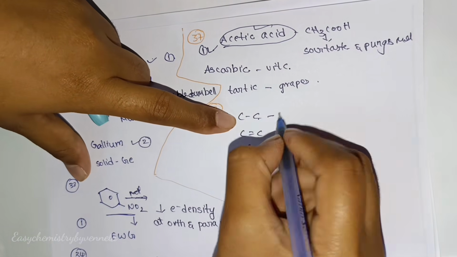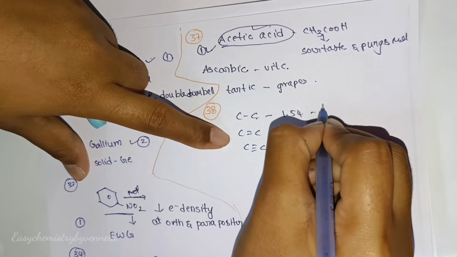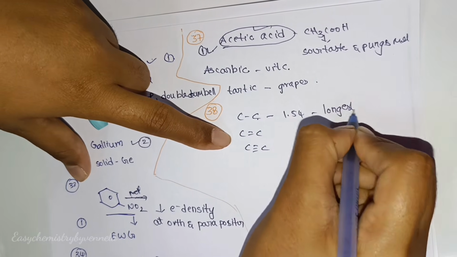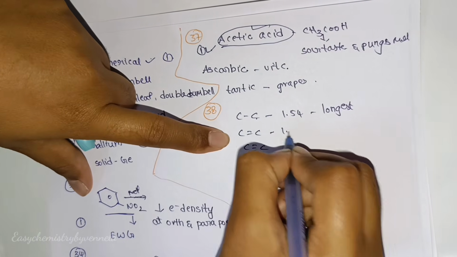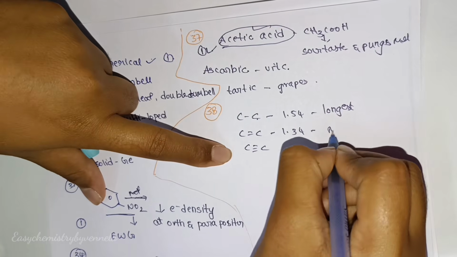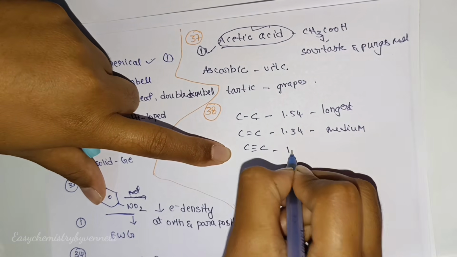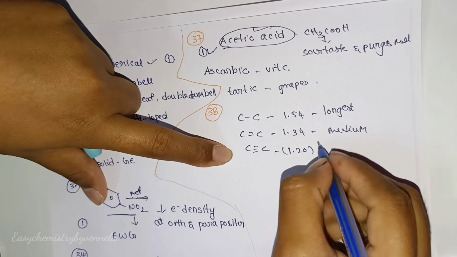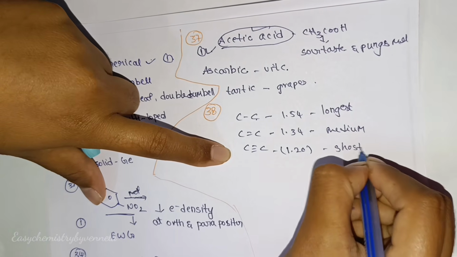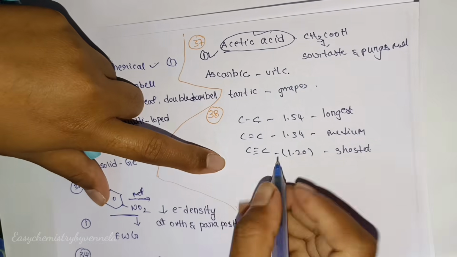Bond length for single bond is 1.54. This is longest. Next here 1.34, medium. And finally this one, 1.20. This is shortest. So in given options